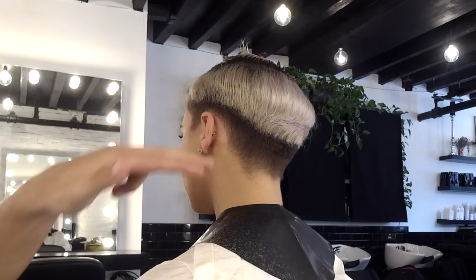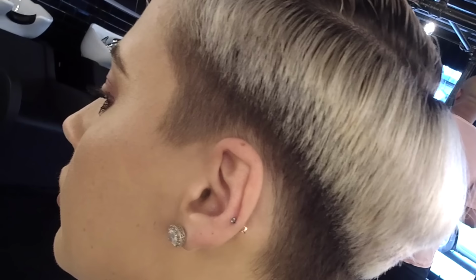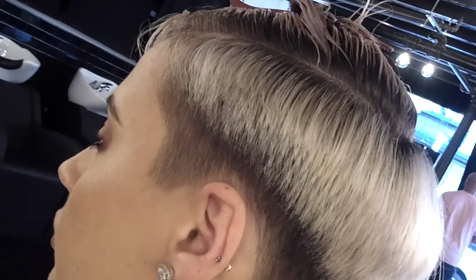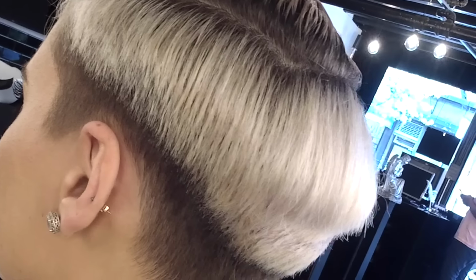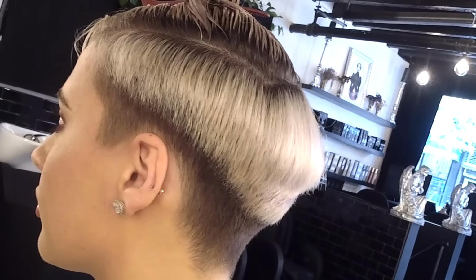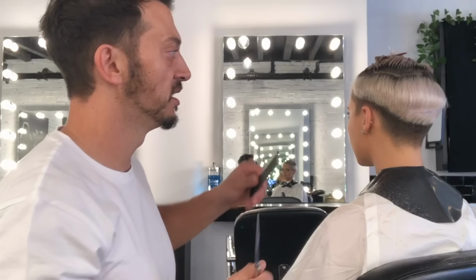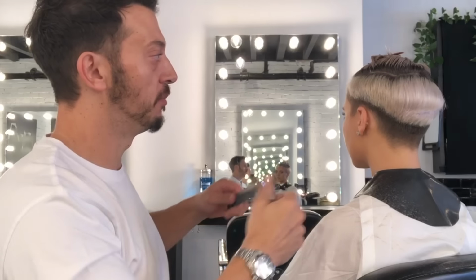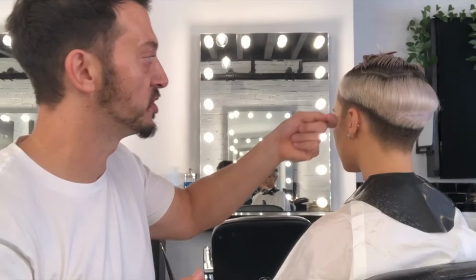So you can see as I'm starting to work that in, I'll grab the camera and show you real tight. You can see I'm just trying to work on blending that in for Amanda so it's not disconnected anymore, and still maintaining a really nice shape there for her face. We don't want to make it too flat. One of the things I say is I don't like taking female hair square. For me, it's a very sort of masculine look when you square out the sides of ladies' haircuts. Obviously, we don't want it to be too pronounced and really bowly, but we're gonna collapse it with texture. So you build the shape and you collapse it with texture rather than just buzzing it flat to a